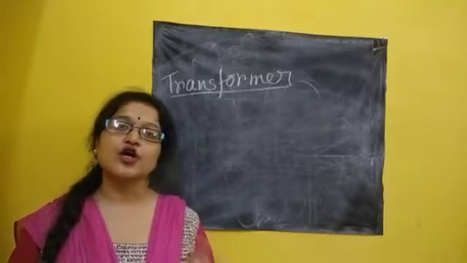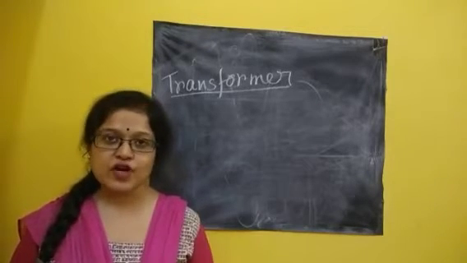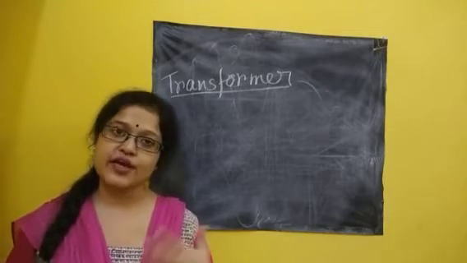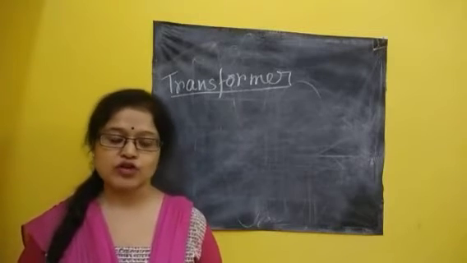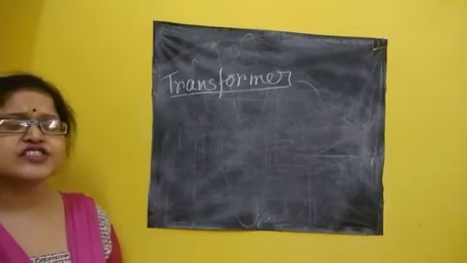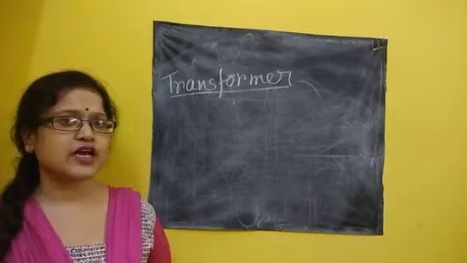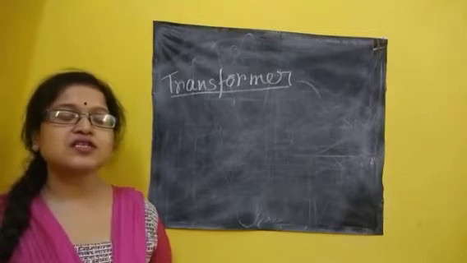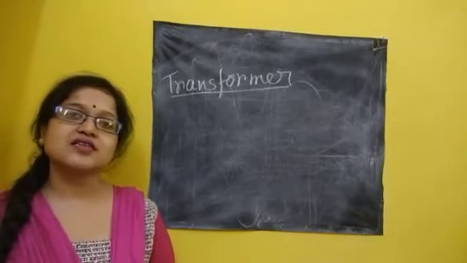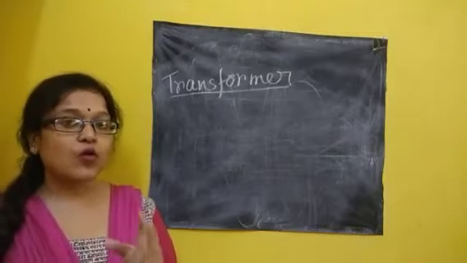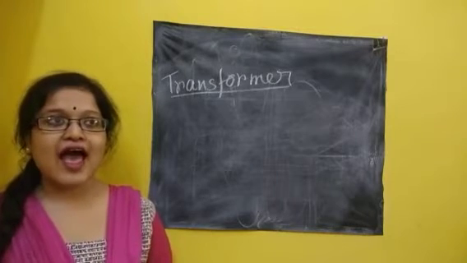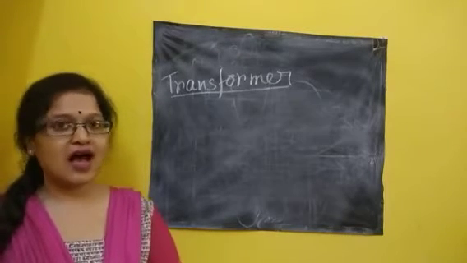Depending on that, there are two types of transformer: step up transformer and step down transformer. The transformer will increase or decrease the strength of AC current. How does it happen? That is a discussion of a class 12 topic. Here we will discuss the structure, how it looks, and then go on to the other things.